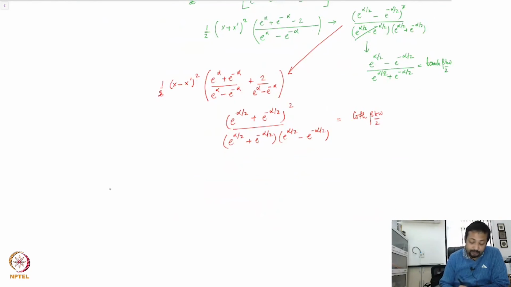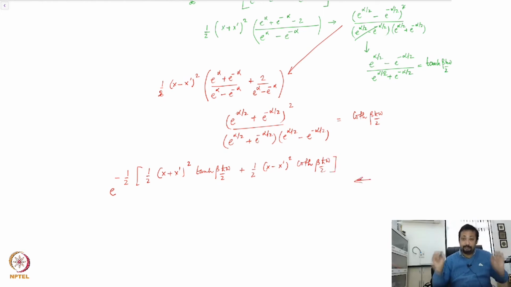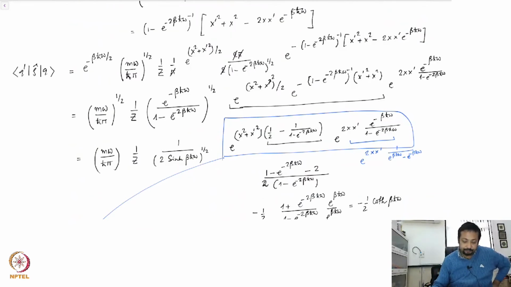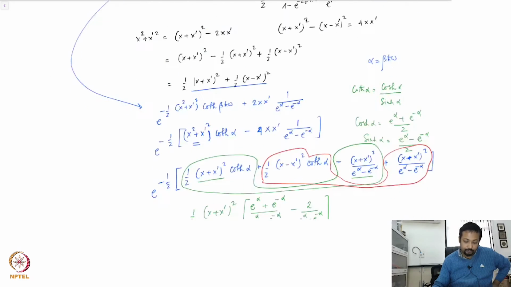So your expression for the exponential then reduces to minus half (x plus x prime) whole square, a very elegant expression, tanh beta h bar omega by 2, plus half (x minus x prime) whole square coth beta h bar omega by 2. And this is the term, we will keep it in our record, in our memory, and then we have